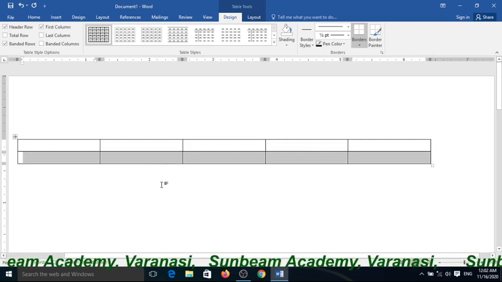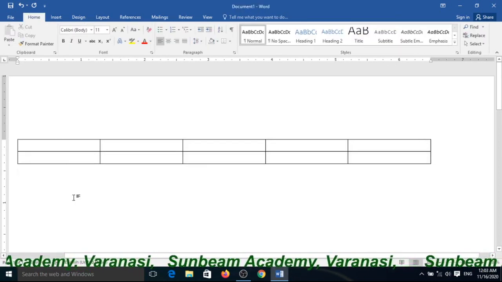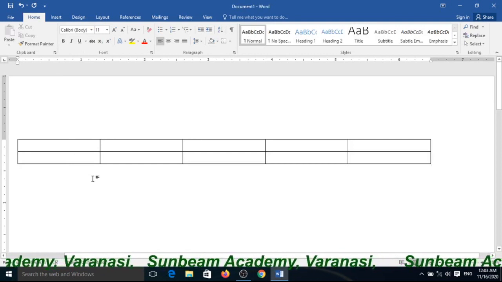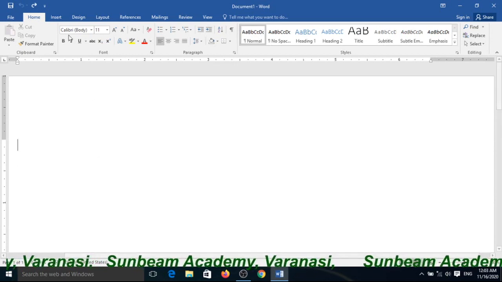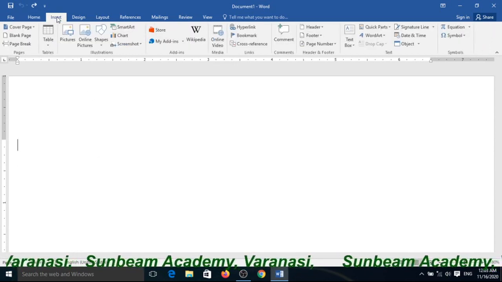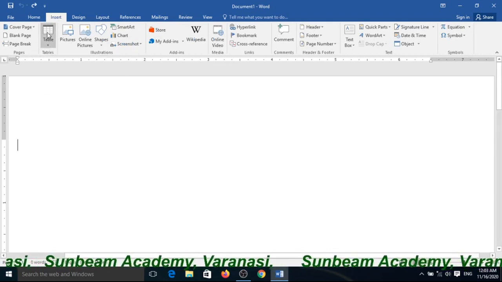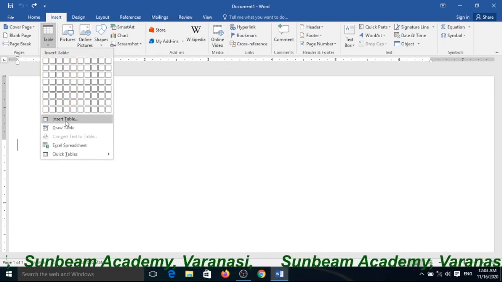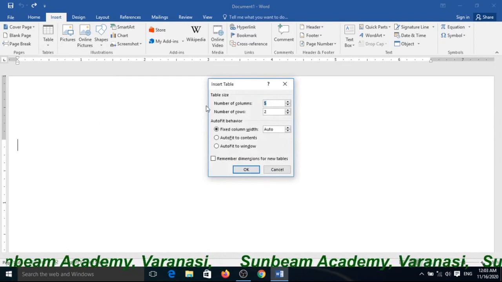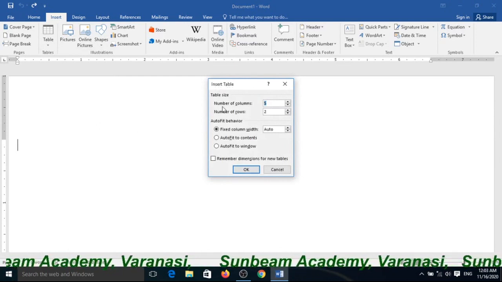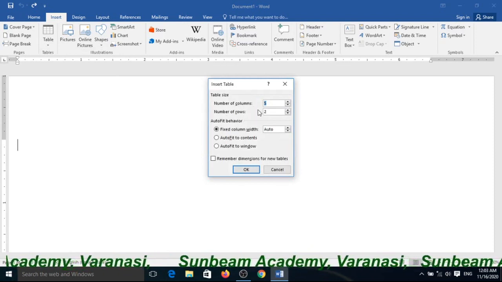Maybe you have understood how to create a table in your document. Very simple. Once again I want to repeat the first method. Click on the Insert tab, use the Table group and click on Table, and then Insert Table. A dialog box will appear. The number of columns and rows depends on you.